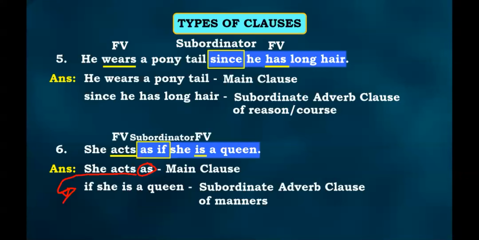Very, very clear with this five? Yes or no, guys? All right. So we have purpose, condition, concession, comparison, and consequence. Yes, I'm repeating. Purpose, condition, concession, comparison, and consequence. Very clear with this?